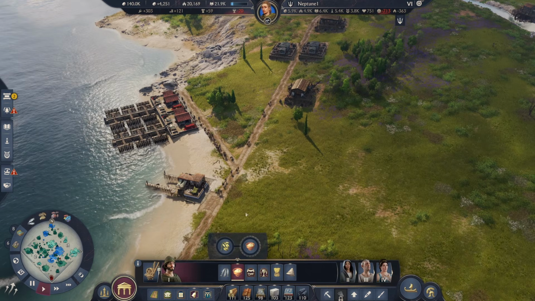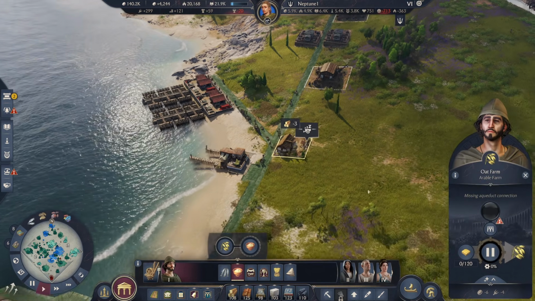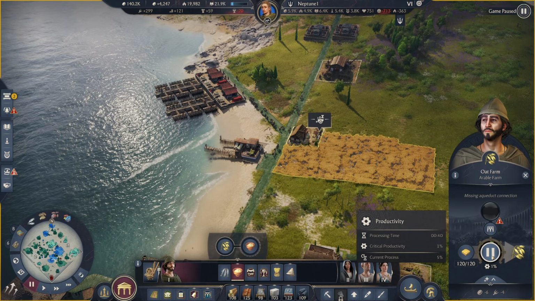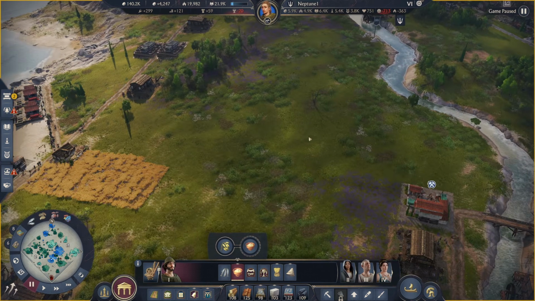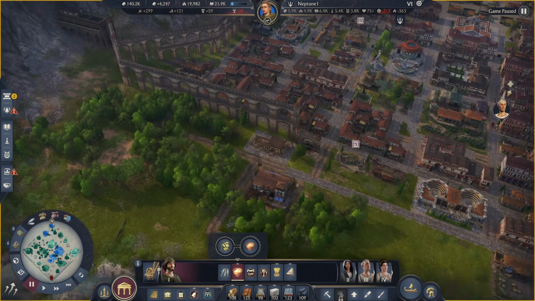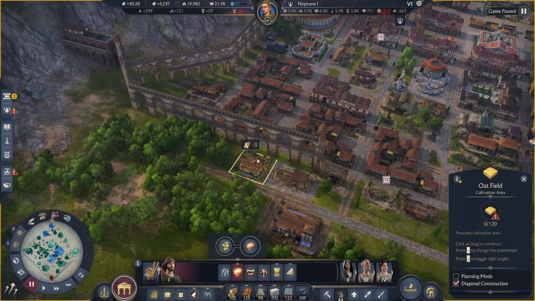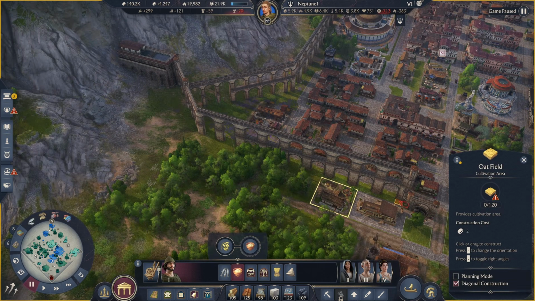A single oat farm that you're going to put down and fill up with all of the farms required will give you a base productivity of 1 oat every 40 seconds. By default, this is just 150% base productivity and 1 oat farm handles 1.25 porridge stands. Now, let's mess everything up. Let's move our attention to aqueducts. If we're going to place an oat farm somewhere where an aqueduct is present and fill up everything,